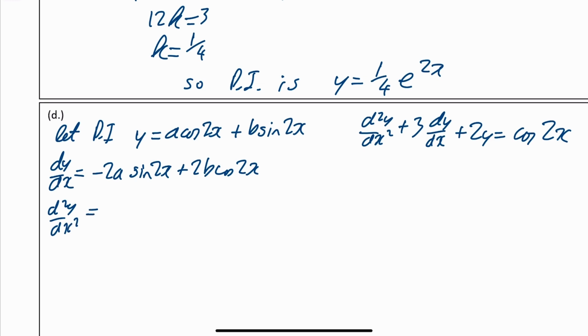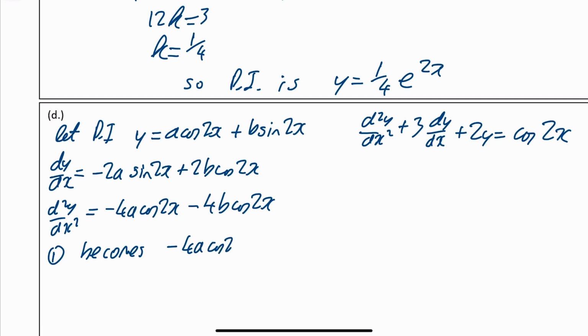Differentiate that again, you're going to get minus 4a cos of 2x and then minus 4b cos of 2x. And that's what you've got. Your equation 1 becomes, when you sub it all in, minus 4a cos of 2x minus 4b cos of 2x,